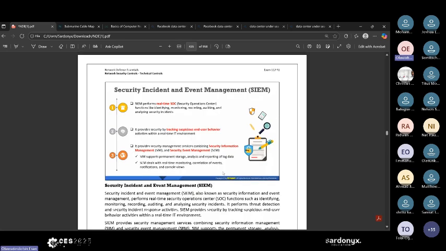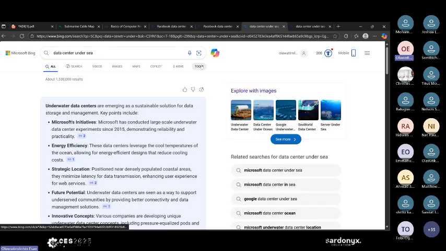Now, a SIEM provides a real-time SOC, that's Security Operations Center. Some of you have never seen one before. Let me show you what one looks like. That's why I was talking about those estates that provide network. If you provide that kind of service, you should also have a security operations center. If I go to a foreign country, you see that most of these big estates have like a mini network admin kiosk where they monitor traffic 24/7. Some of you see it in movies.